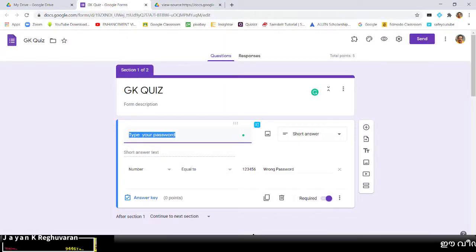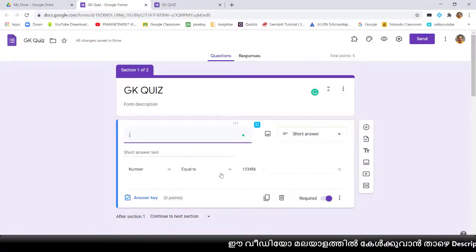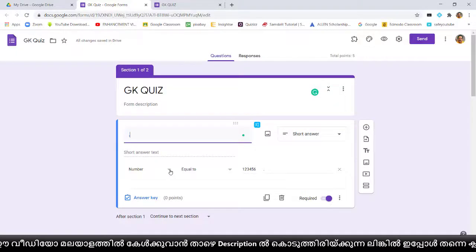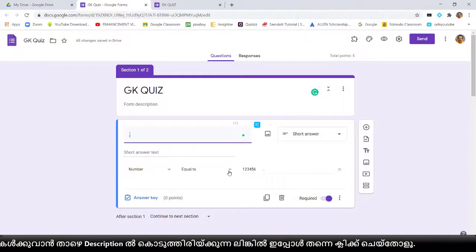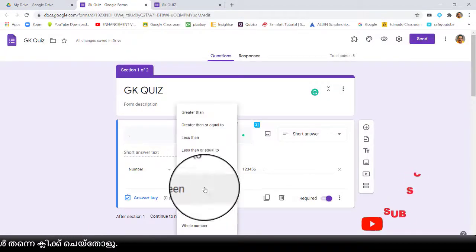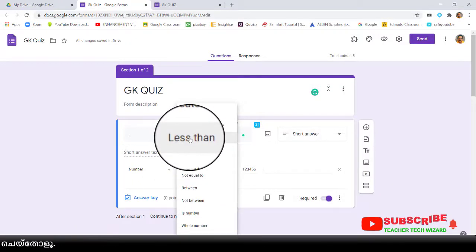We cannot stop it fully, but we can mislead children by using some methods. When you make the password, you can see the number option. In the number option you select the number, but on the right side of this number, all the time you are selecting equal to, right? Don't take equal to. You select less than.